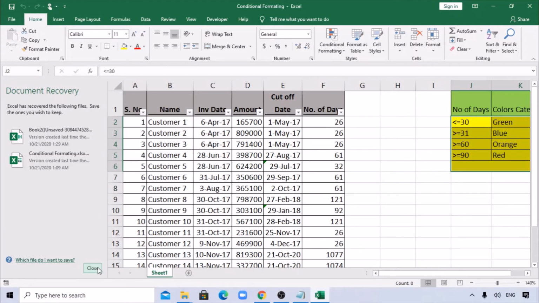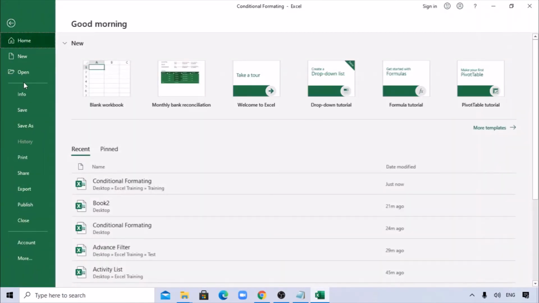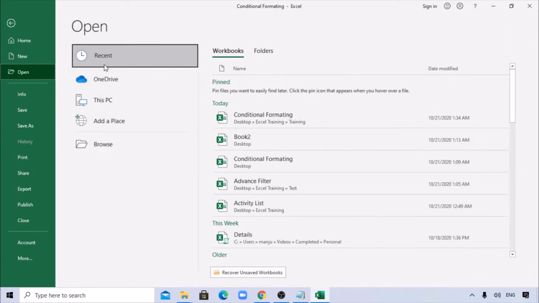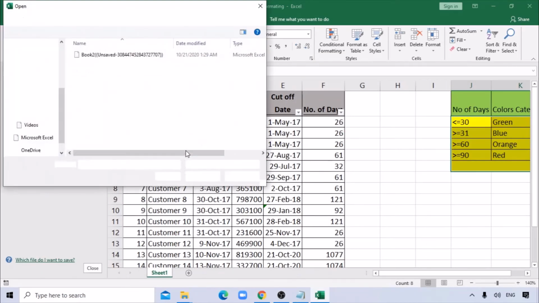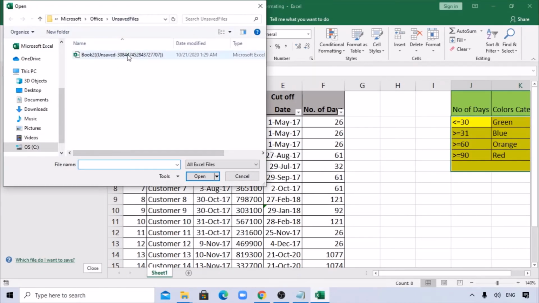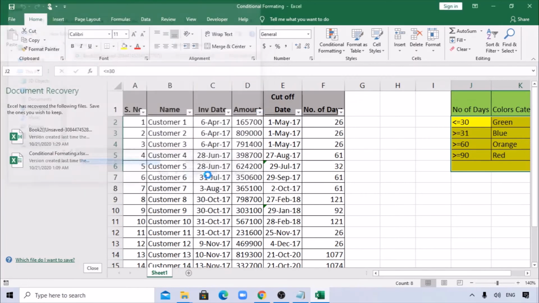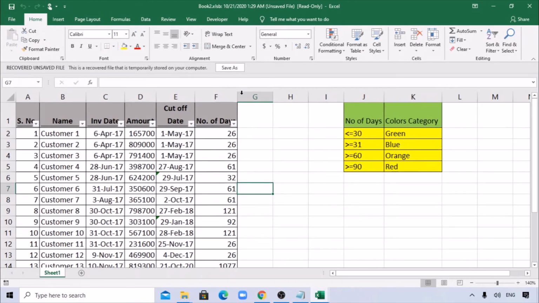Also you can recover using this option: Open, Recent, use Recover Unsaved Workbooks, or you can also use the Info section here. Go to Manage Workbooks. It says Recover Unsaved Workbooks. Click, and it will open the folder. You can also retrieve your file, right? So very simple, and then you can go ahead and save it.